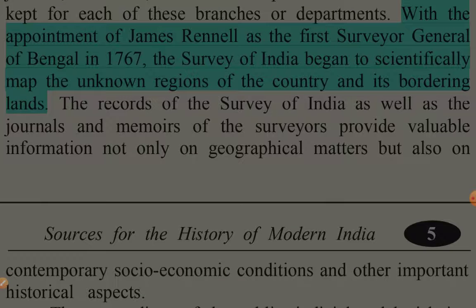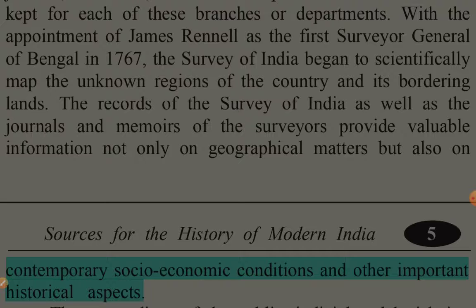With the appointment of James Rennell as the first Surveyor General of Bengal in 1767, the Survey of India began to scientifically map the unknown regions of the country and its bordering lands. The records of the Survey of India as well as the journals and memoirs of the surveyors provide valuable information not only on geographical matters but also on